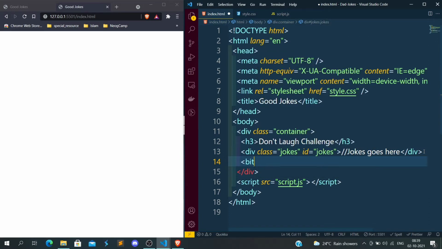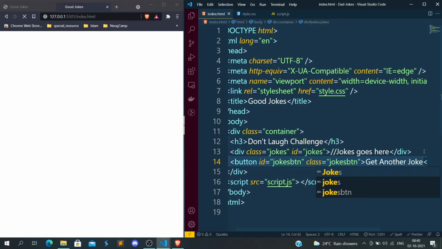Let's add a button. Let's add a button with ID of jokes btn. Let's give the class of jokes btn also, and then give the name of the button: get another joke.